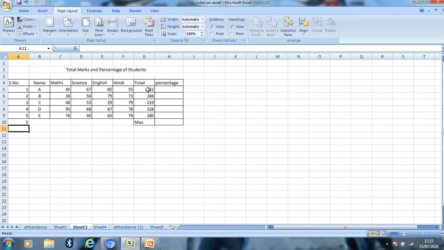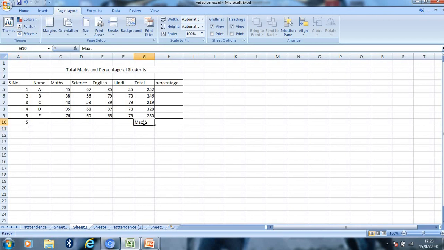Now maximum. Who among the students got the maximum marks in the exams? If we have a large number of entries in our table, then it is a very difficult process to find out the highest number, or the maximum scoring student, from our list. It is very easy using the max function in MS Excel.